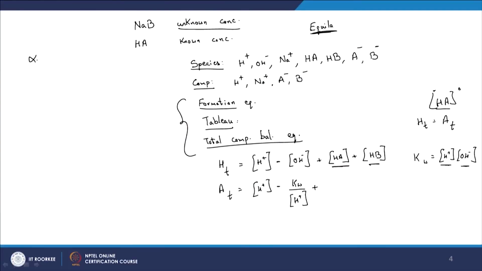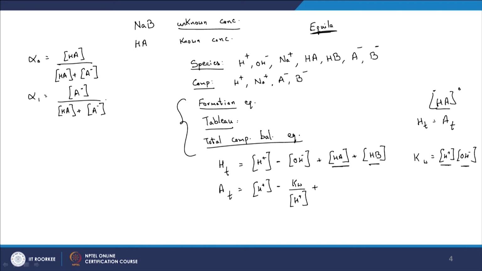So what is that again? Let's refresh our memory briefly. We have alpha naught for a particular acid, which is going to be equal to HA, or the protonated form of the acid, by the total acid, as in both its protonated and deprotonated forms. And what is alpha 1? The second ionization fraction is going to be equal to the deprotonated form by the concentration of HA plus A minus, right.